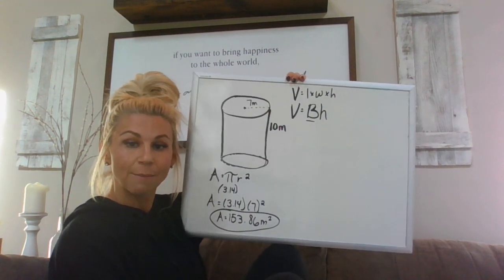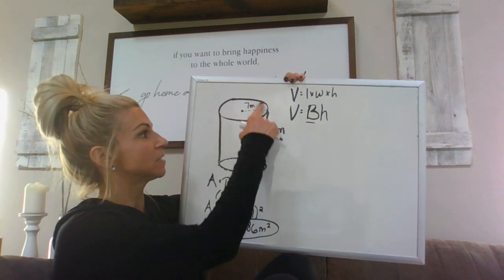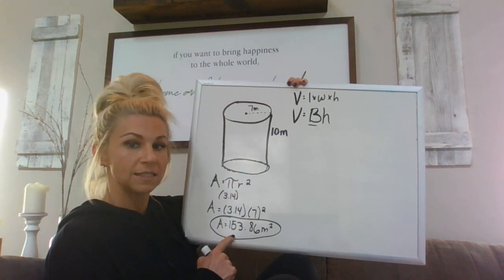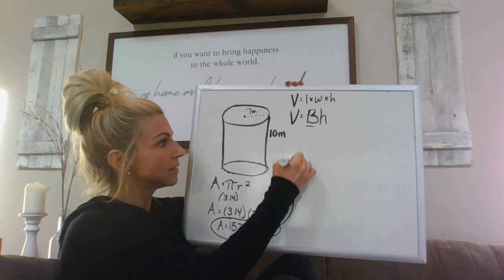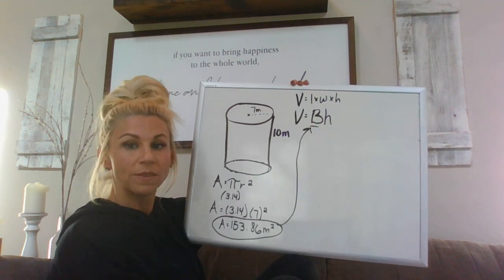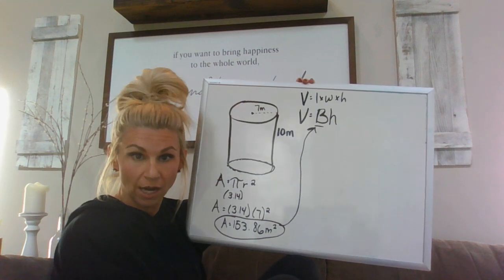Okay, so now that much we know. We know that the area of these bases is this number. Okay, now all we have to do is plug that into the same formula we use for the area of a rectangular